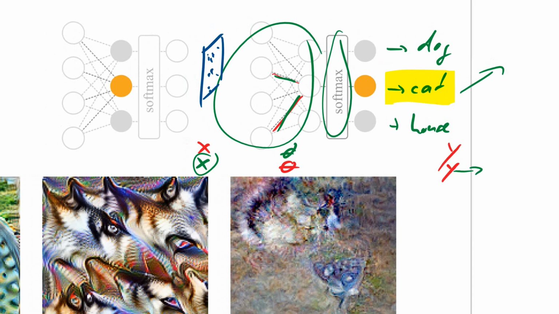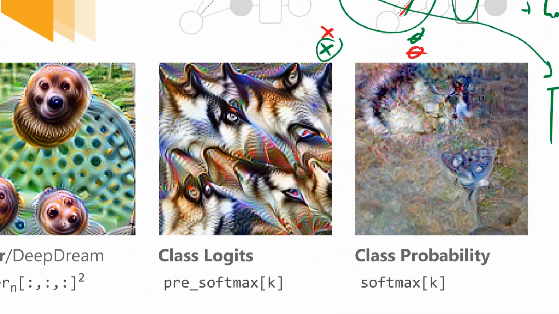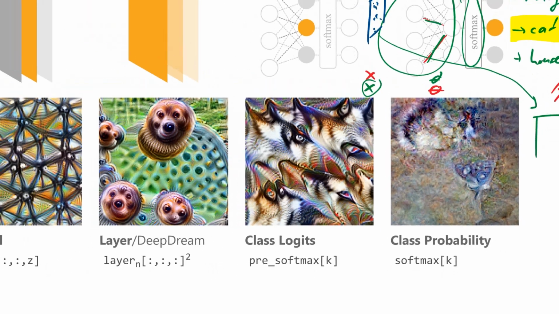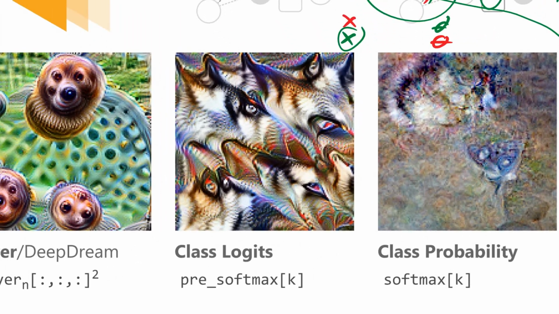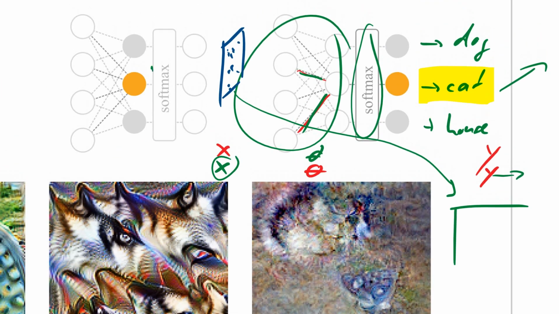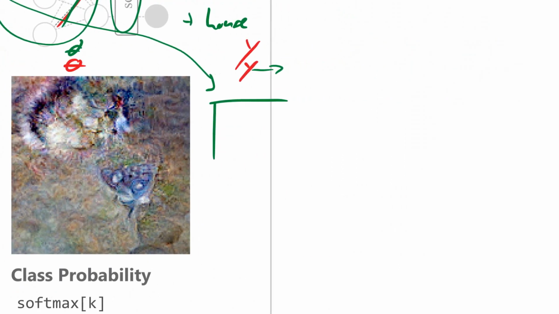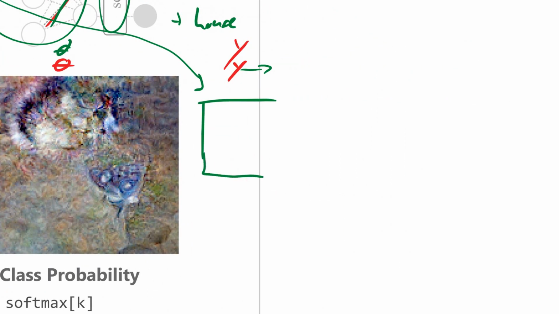And so we hope that this picture would turn out to be as much cat as we like, right? And usually here, I don't know exactly which class they have here, but you won't get a cat. Sorry, over here. You won't get a cat, or here if you optimize the logits, it's the same, just you do the same thing before the softmax. What you will get is some weird trippy thing. So in our classifier, you might get something like,